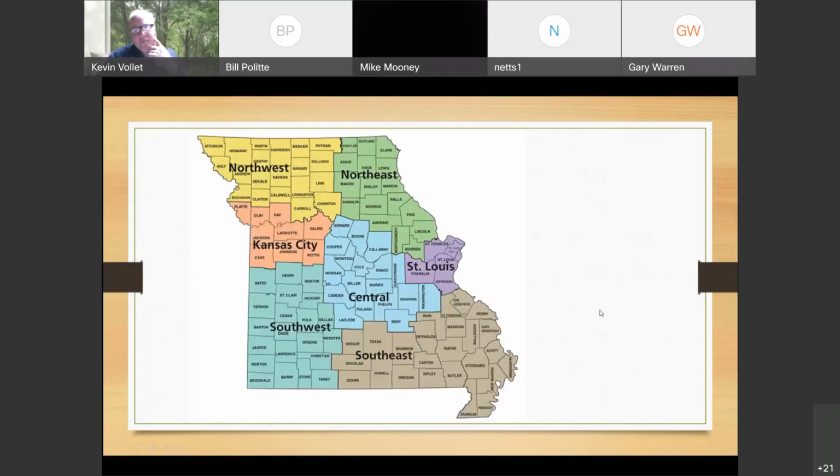So far, we've had some interest from the districts on wanting to go to ORD. And so we kind of put those districts at the top of the list. And the first one that we're going to do is the Northeast District. We're going to be training them January 10th through the 13th. We're going to show up on the 10th. We're going to train the 11th, stick around the 12th, and however long we need to.